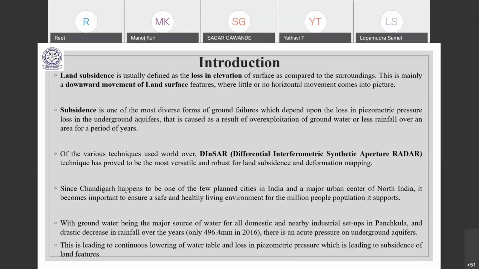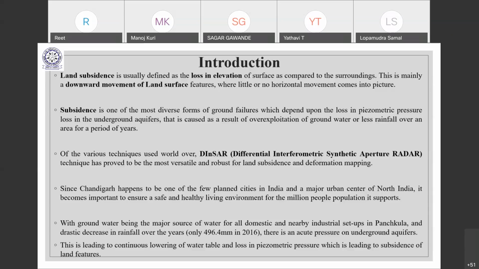Of the various techniques used the world over, DInSAR, that is the differential interferometric synthetic aperture radar technique, has proved to be most versatile and robust for land subsidence and deformation mapping. Since Chandigarh happens to be one of the few planned cities in India and a major urban center of northern India, it becomes important to ensure a safe and healthy living environment for the millions of people